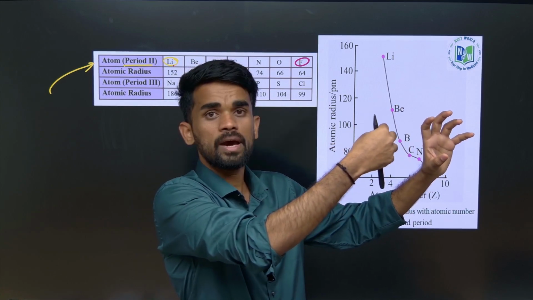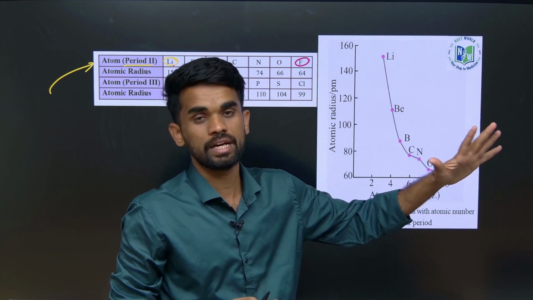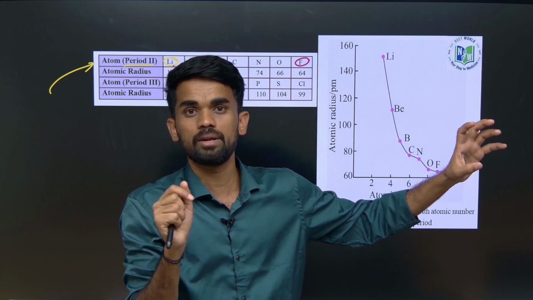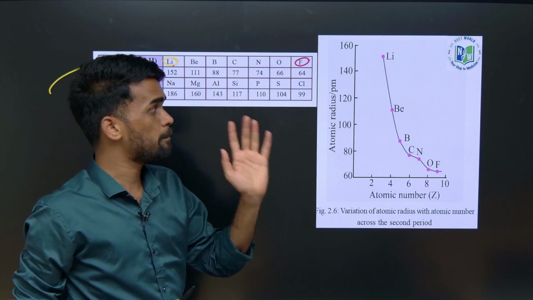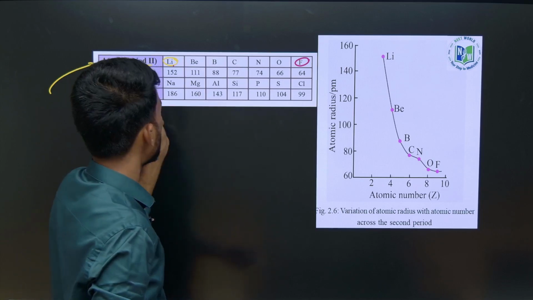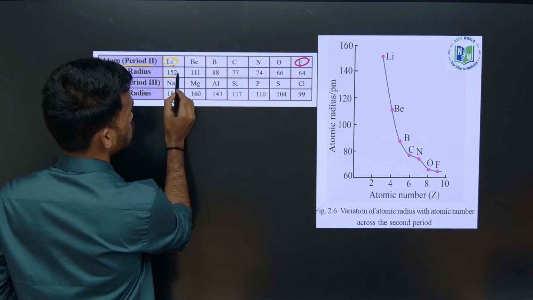So we should not compare with the noble gas because its radius is measured in terms of van der Waals radius. So the remaining elements we can measure. So from lithium to fluorine we can compare them. Okay. So if we compare them, see it is having 152 for lithium, and so as we move from here